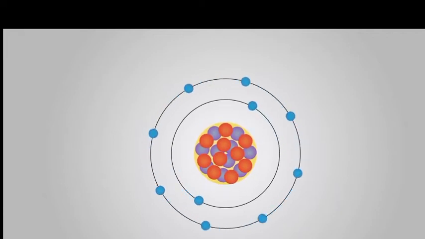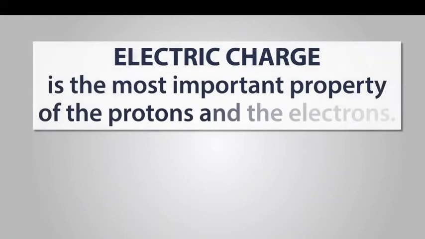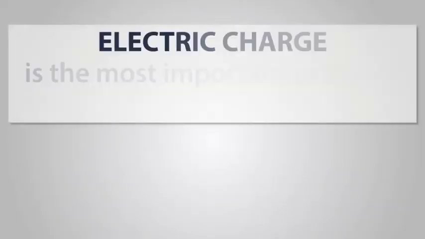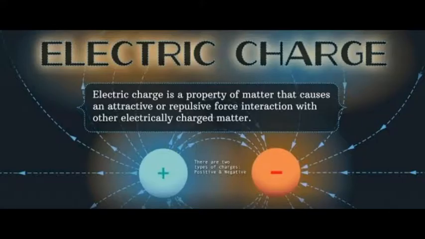So, what is meant by this charge? Already we mentioned that it is a property of these particles. Which kind of property? That is an inherent property. That means by the origin of these particles, certain properties are attained by those particles. Such kind of a property is known as the charge, which is responsible for its electrical behavior.